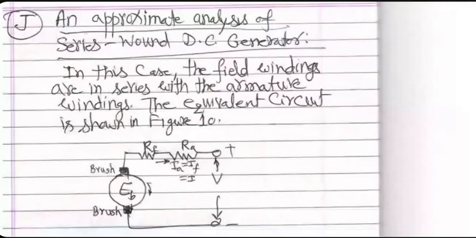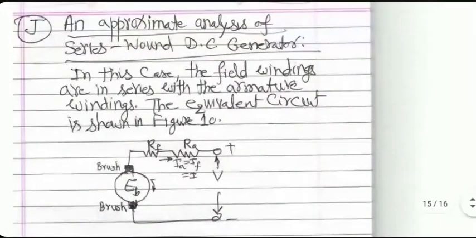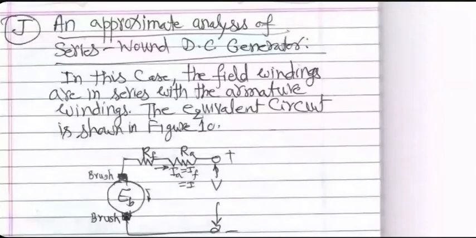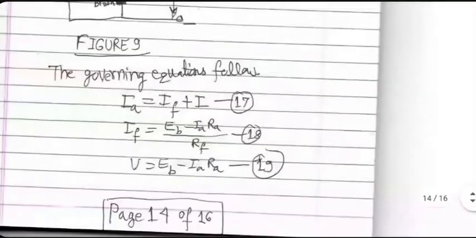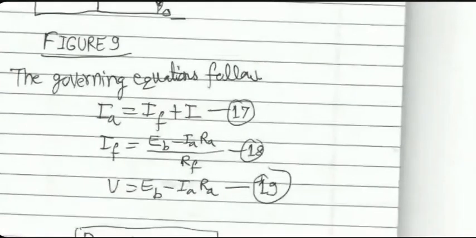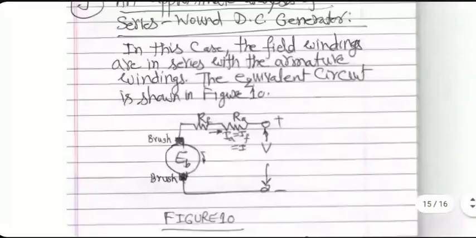But at least conceptually, you can start imagining that in series connection, we have got RA and RF in series, and RF is very high value compared to RA. So you can see that the difference between EB and V will be very large here for all practical cases, where RF is very large. While in shunt wound case, RA generally not being very large, V and EB are different, but not by that much. That is one critical difference between series connection and shunt connection.